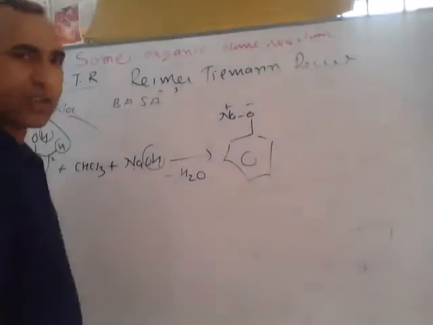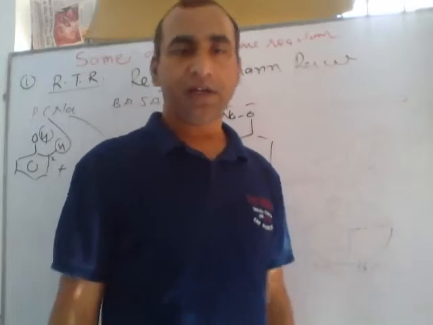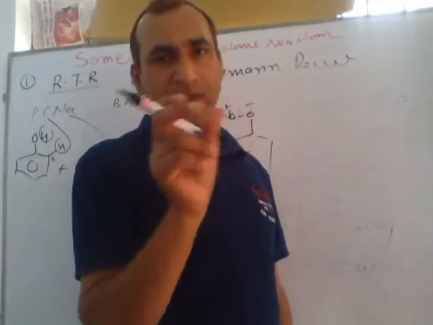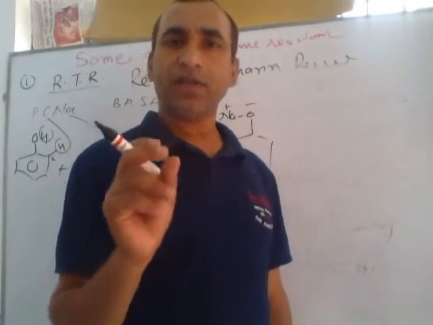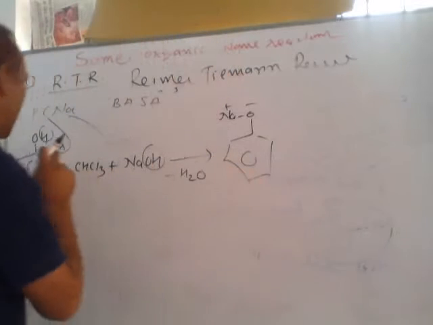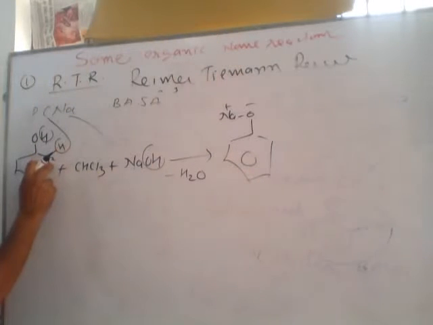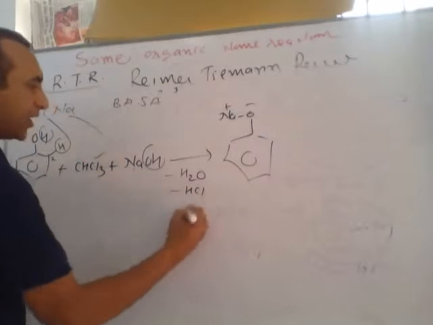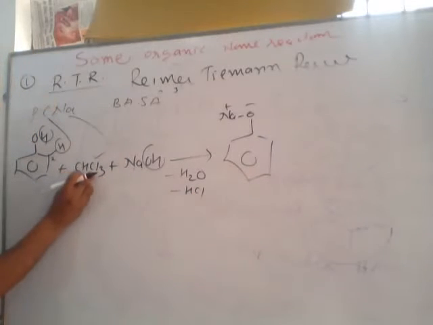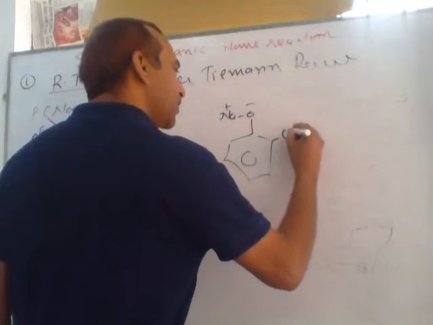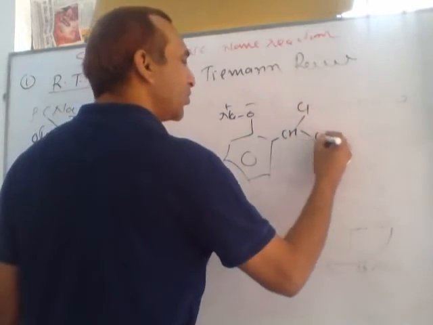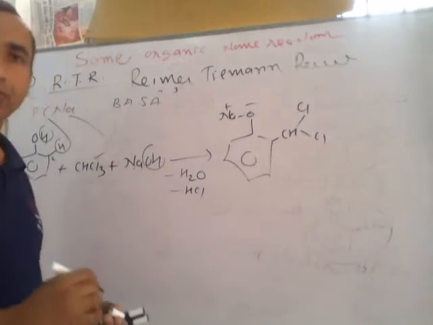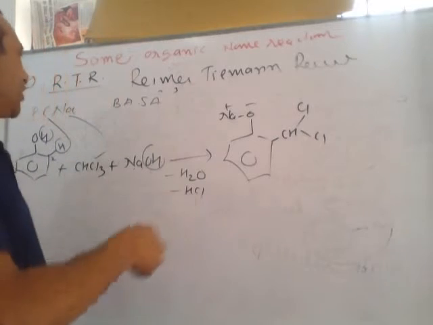because after the reaction salicylic aldehyde will form. In salicylic aldehyde on the first and second carbon atoms there are OH and CHO groups. So the hydrogen atom from the second carbon and chlorine from CHCl3 react and form HCl and the remaining CHCl2. Here CHCl2, this type of compound is formed. Ready? So what is second?